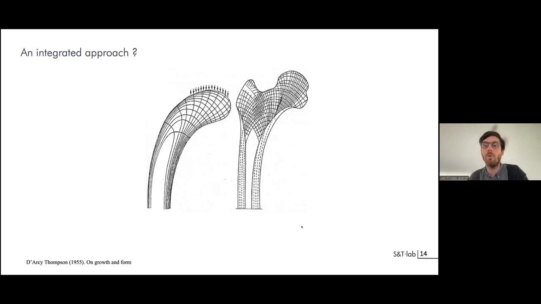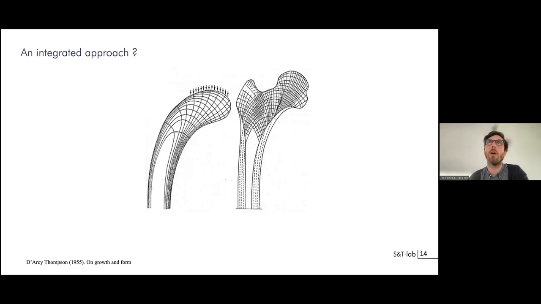Throughout the book, he has chosen a wide range of examples from the natural world to illustrate his ideas: the form of animals, plants, shells, showing how they can be analyzed and understood in terms of mathematical principles. So in this example,